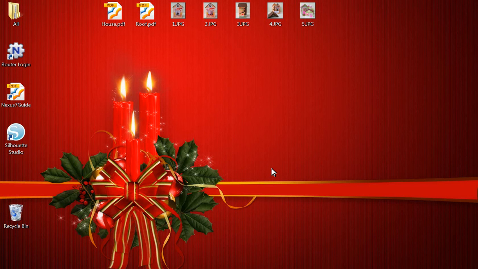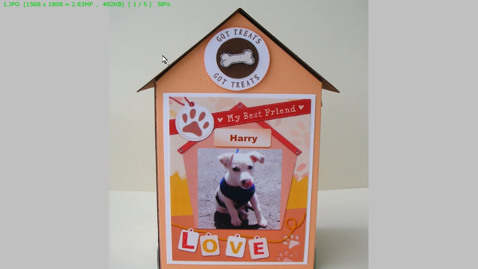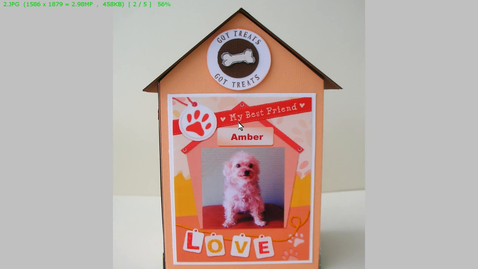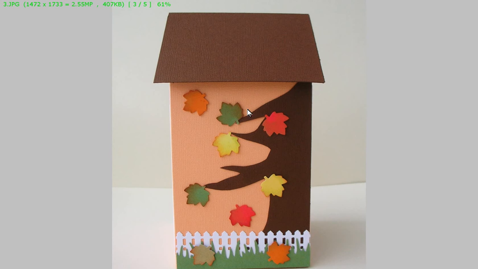In this tutorial I'm going to explain to you how to convert a PDF template file into a Silhouette Portrait cutting file, and then how to cut with it. We are going to use a little project the wife made herself, which is this little house which she made for the family dog that has a friend next door, and this is his little friend,